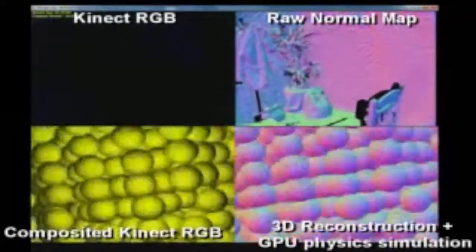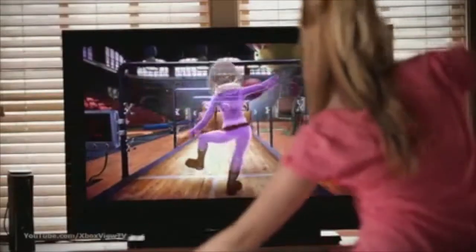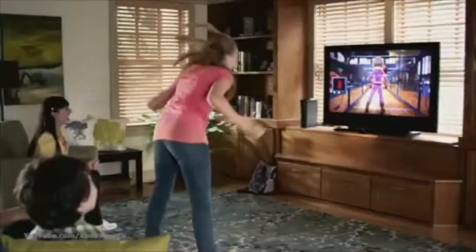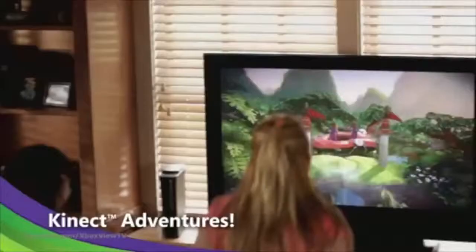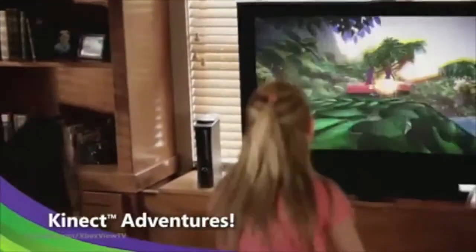Yeah. And I guess one of the main questions would be, do you feel this is a new direction for Kinect? I know it obviously came out as a gaming peripheral for the Xbox, but the technology behind it and the way that Microsoft adapted to it has made it a much broader device in terms of what it can actually do and the capability. Would this be the new direction for Kinect, or are we...